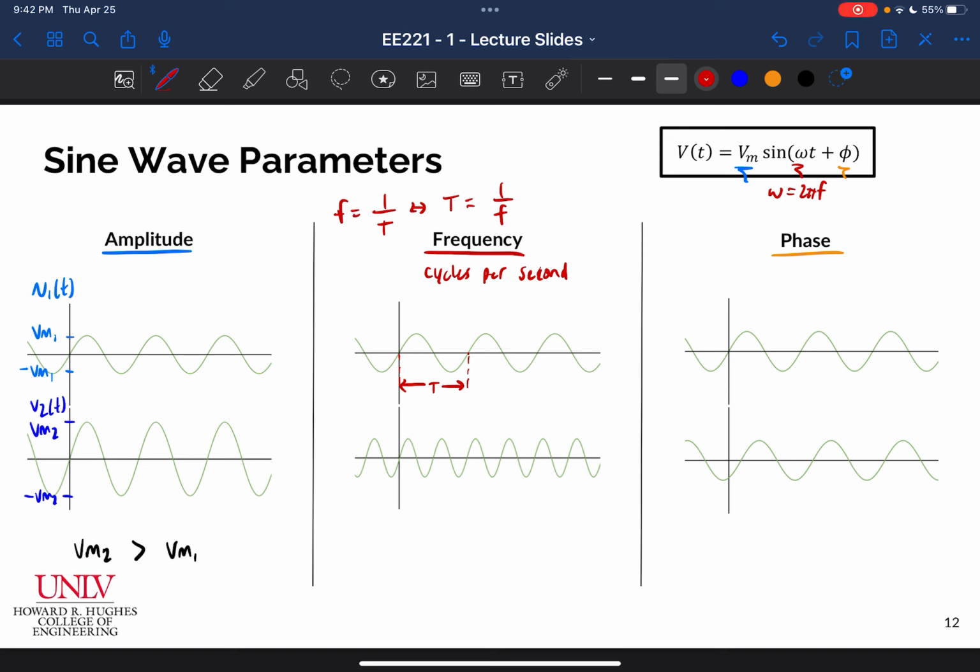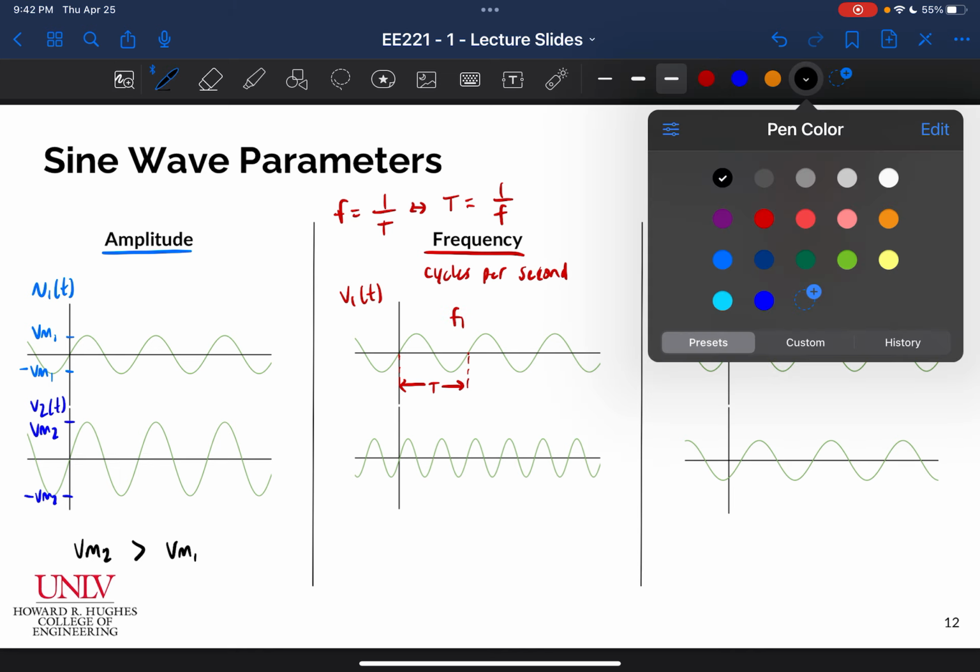Okay, so for this top sine wave, let's call it V1 of t. Let me just be consistent since all the signals on the top are the same across the board. Let's just call that V1 of t, and then we'll call the bottom one V3 of t or something. I hope you'll agree if I say that this function, this V1 of t, has a frequency f1,